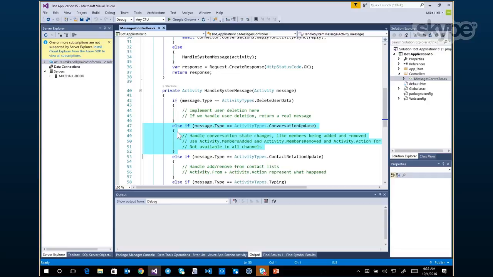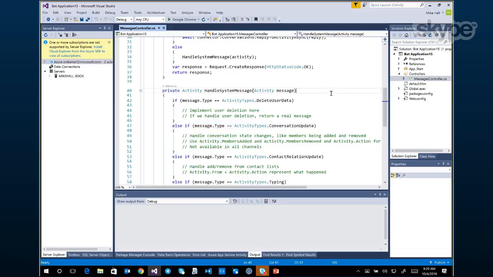Or flipping it around, you could think about a multi-user group conversation that also includes the bot. So the bot can be notified as users are added or removed from the conversation. As a user gets added, the bot could obviously send a welcome message. Welcome, hey, I'm the bot. I can do these things. Here's how to interact with me. Here's some instructions, or click this link to get help, or whatever else.